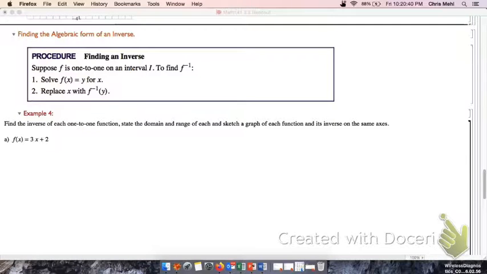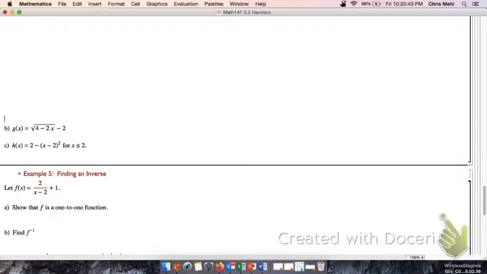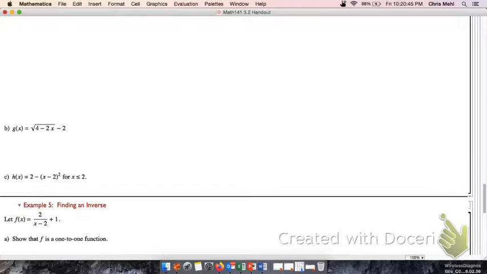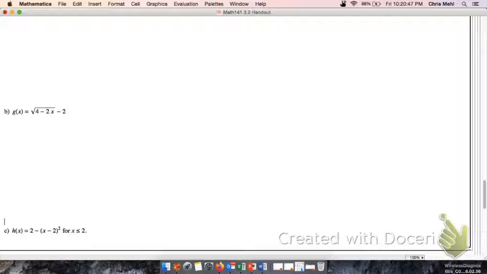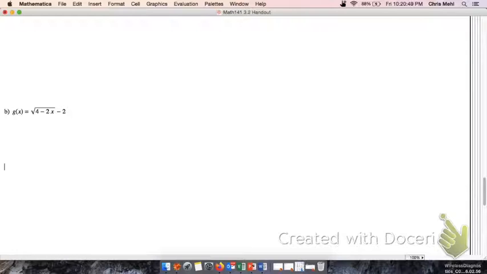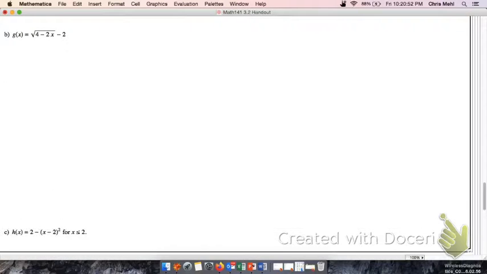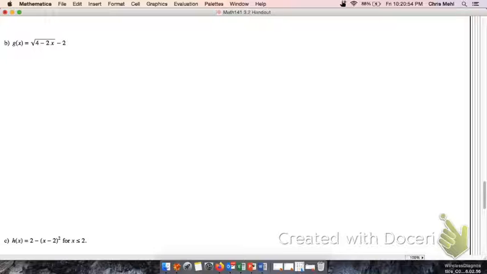Okay, so let's look at part B. Now I'm going to do a little bit more than is asked on this one. I'm going to look at the domain and the range of g of x. Now this is a function that involves a square root, and so before I actually find the inverse function, I just want everybody to note or notice